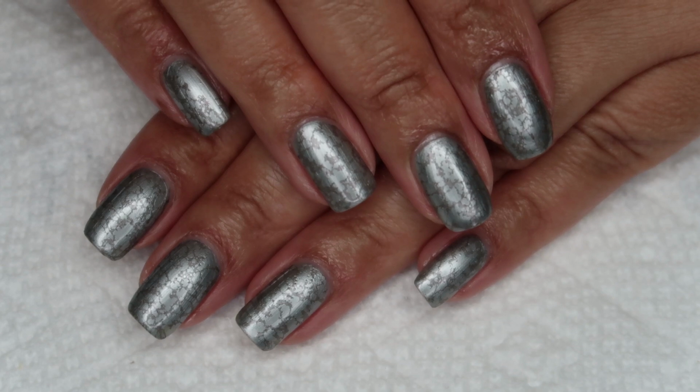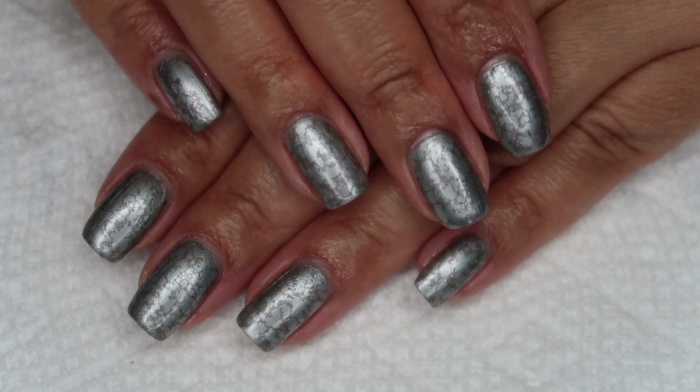Hello everyone, it's Colette, and today we're going to be kicking off this year's Water Marble March with this Mercury